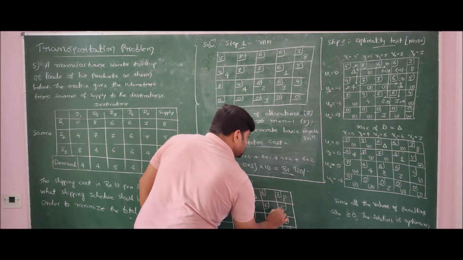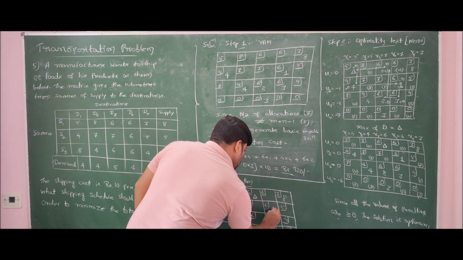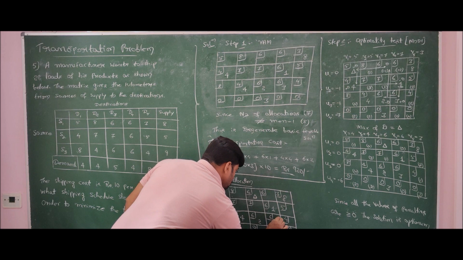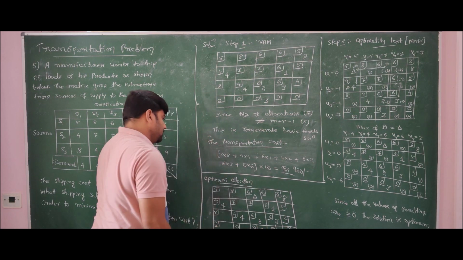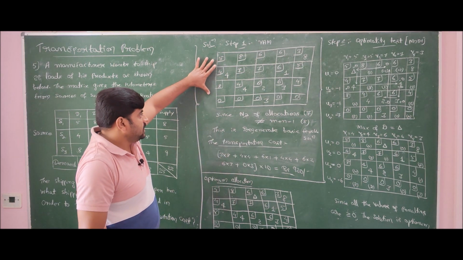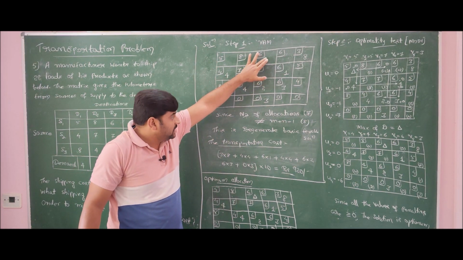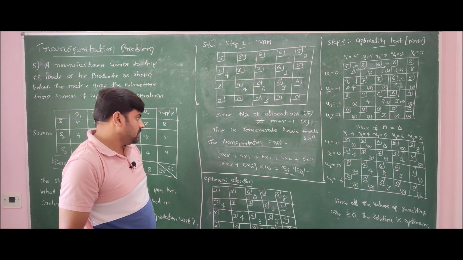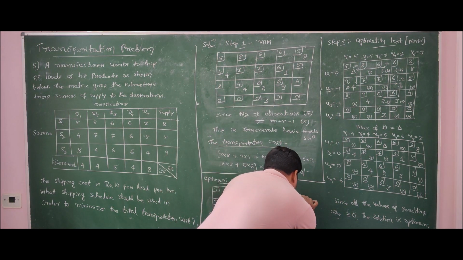We have 8, 4, 1, 4, 2, 3, 4, 2, 3 and 3. So this is same as the initial solution what we have obtained, just we have the allocation of delta here to make the solution a non-degenerate basic feasible solution, and the minimum cost is found to be